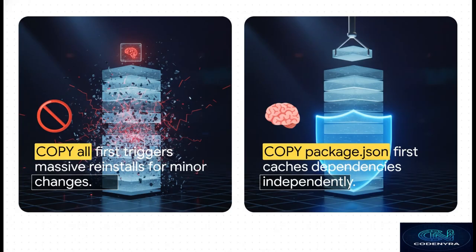The absolute most common cache kill happens when you copy all your source code first and then run your npm install. With that kind of setup, fixing a single tiny typo in a README file completely invalidates the cache, which then triggers a massive 5-minute dependency reinstall. It's painful. The fix? Copy only your package.json first, install the dependencies, and then copy your source code. If you do this, Docker will intelligently reuse the previously built dependency layer every single time, unless you actually change